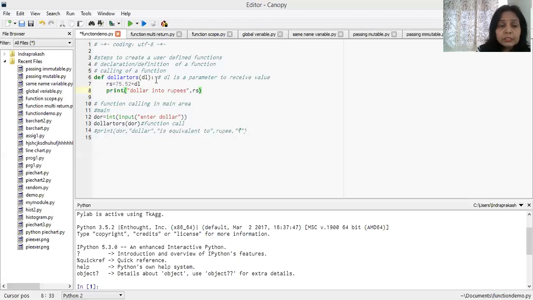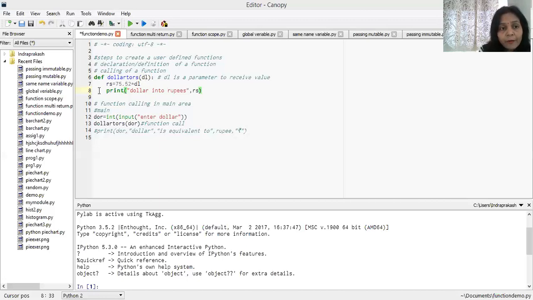Now, what is the definition of the function? Definition of the function means you have to decide the statements of the function also, and what the function is going to perform. Accordingly, you have to write your statements of programming inside the function body. And what is the meaning of inside the function body? After declaration of the function, this is the sixth statement, that is the total declaration of your function. We have declared a function with the name, and we have decided the parameter also.